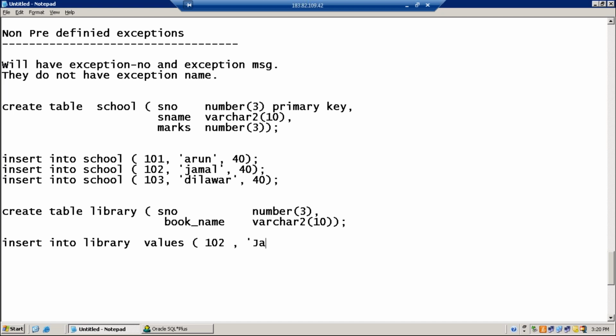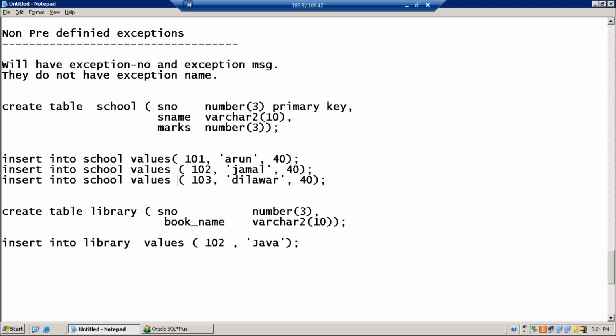But Sunil, in the previous one, inside the insert there is no values written. I have seen one query, insert all. Insert all into values, and then it was there.